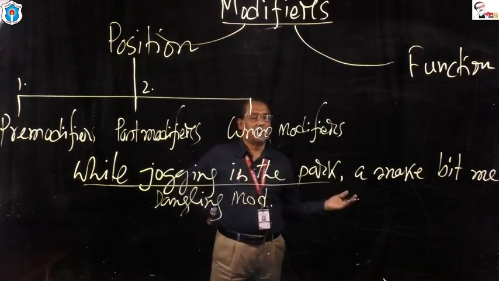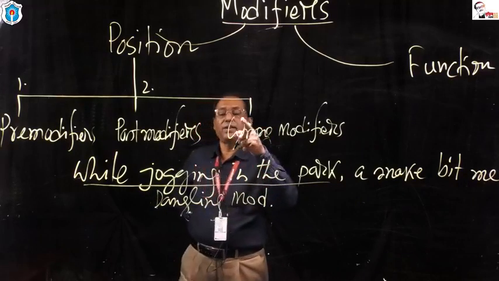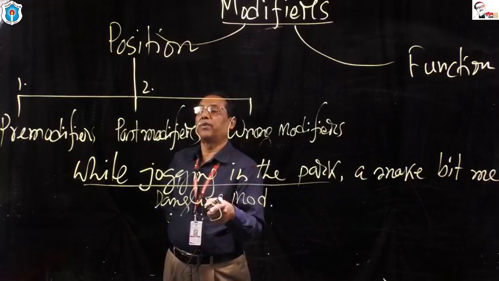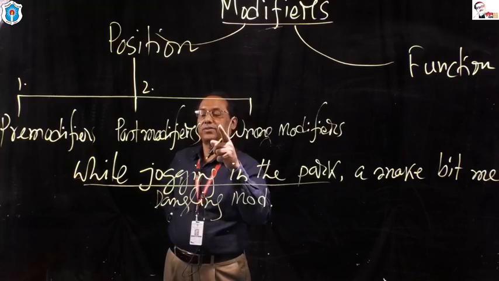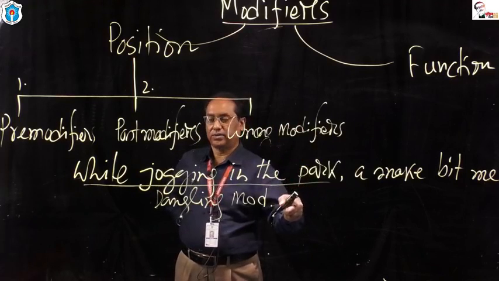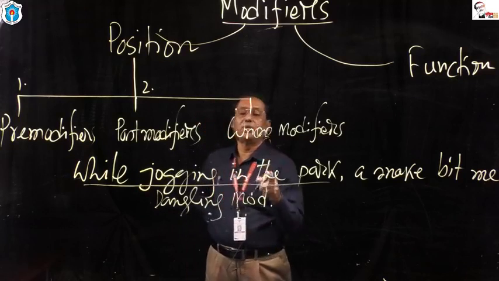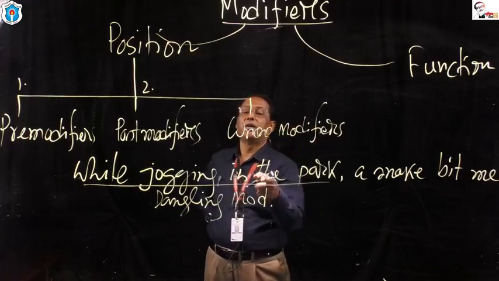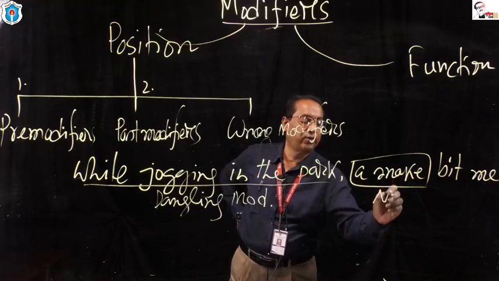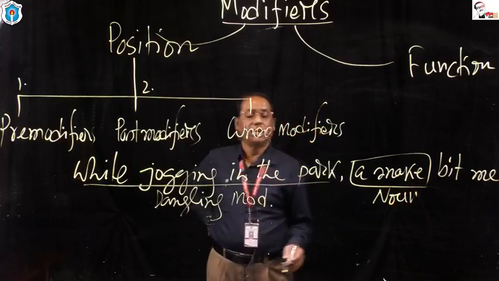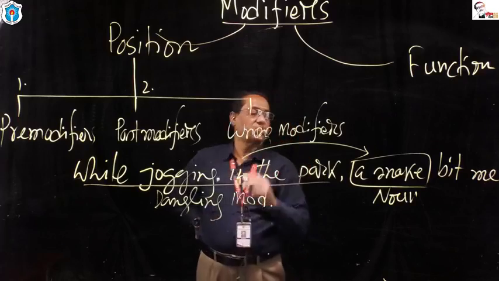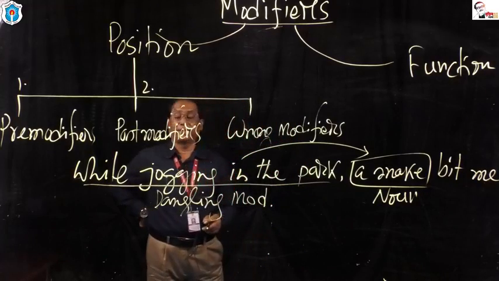Why is it a dangling modifier? A dangling modifier is usually a phrase. You should keep in mind, a dangling modifier is usually a phrase which is used at the beginning of a sentence. Number one. Number two, it modifies a wrong head word. A snake here is the head word, the noun. This dangling modifier modifies snake. কি বলেছে অর্থটা বাংলায় দেখো,